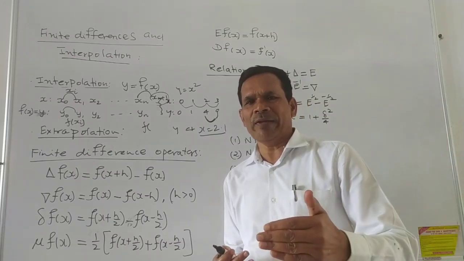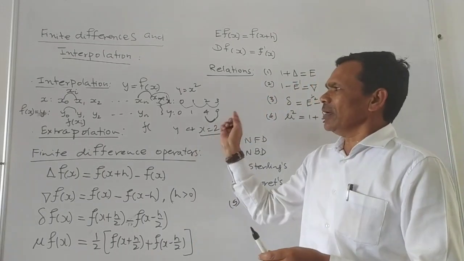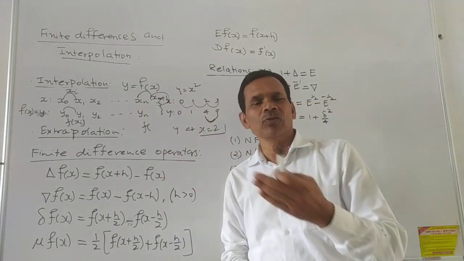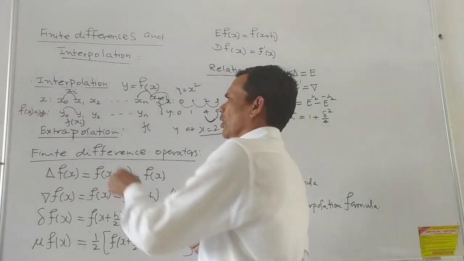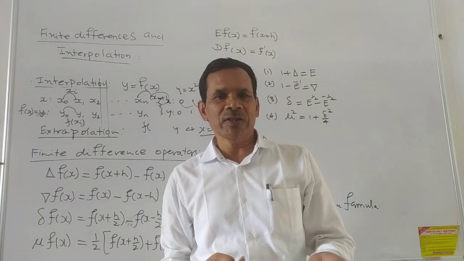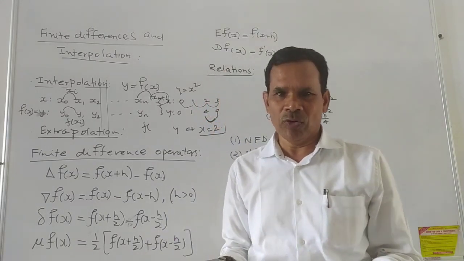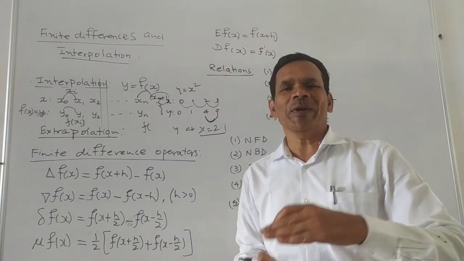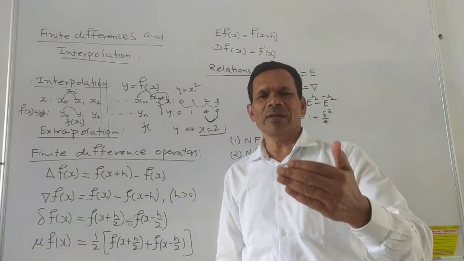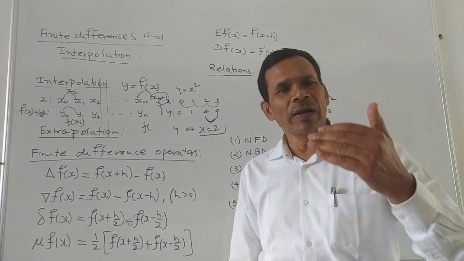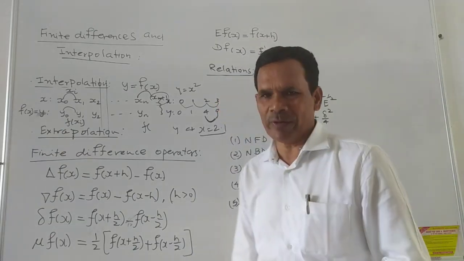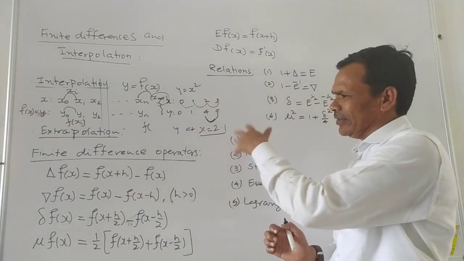Newton's forward difference formula is used at the beginning of the table. If we need to interpolate a value at the end, we use backward difference. If it is required to interpolate a value at the center, we use the central difference formula. Stirling's formula is also there. For unequally spaced values of x, we mainly use two formulas. There are many more, but right now we are focusing on Lagrange's interpolation for unequally spaced values and Newton's divided difference interpolation. So this is the way you have these formulas.